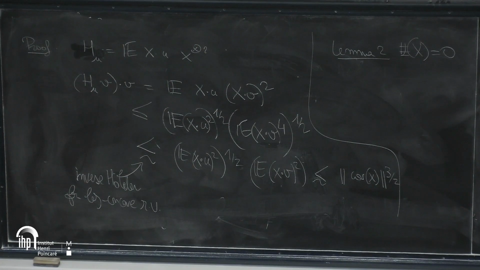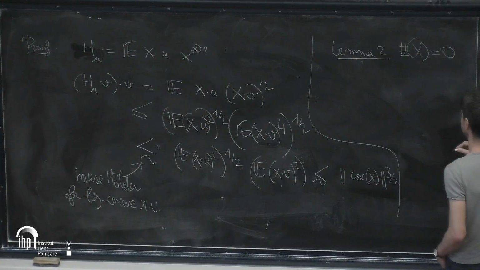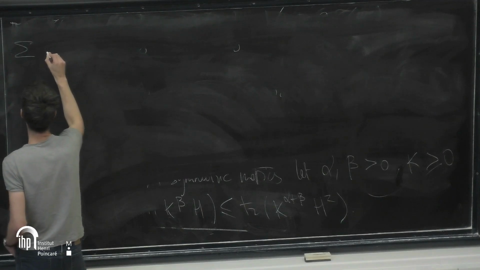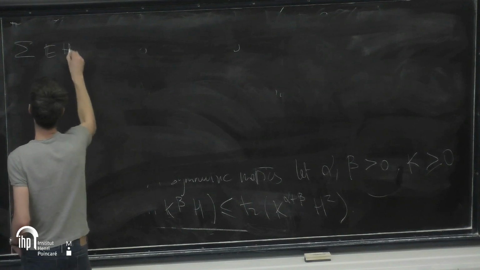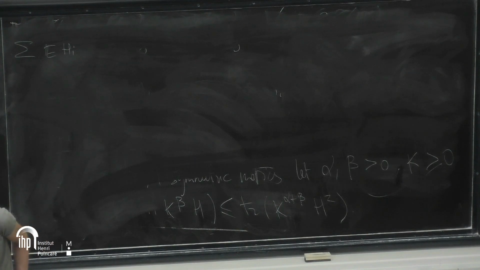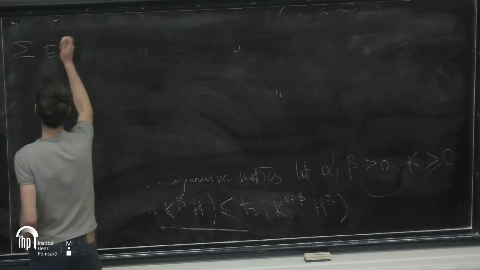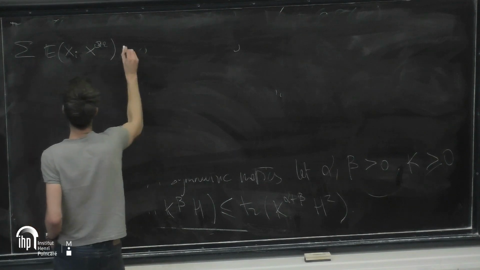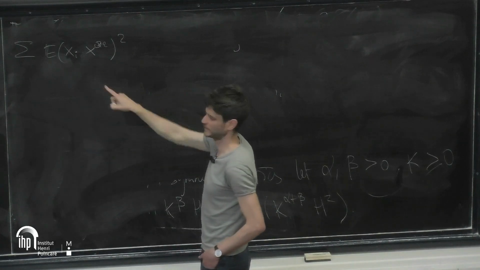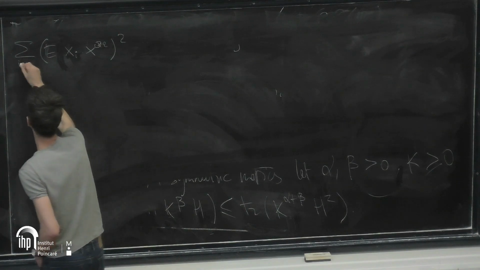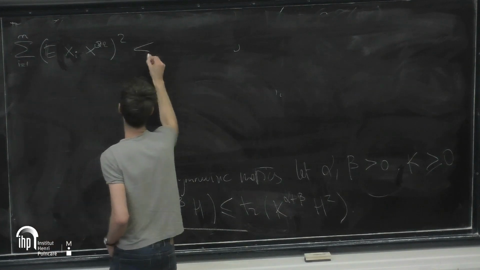I will, and then I claim that if I look at this matrix, sum x tensor 2, then I take a square. The square is outside the expectation, okay? It will be clear like that. And it's less than